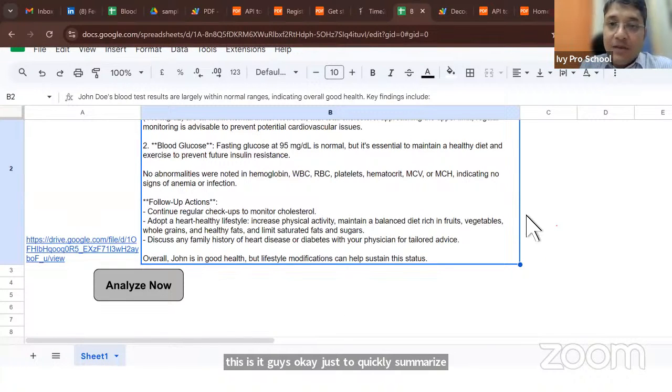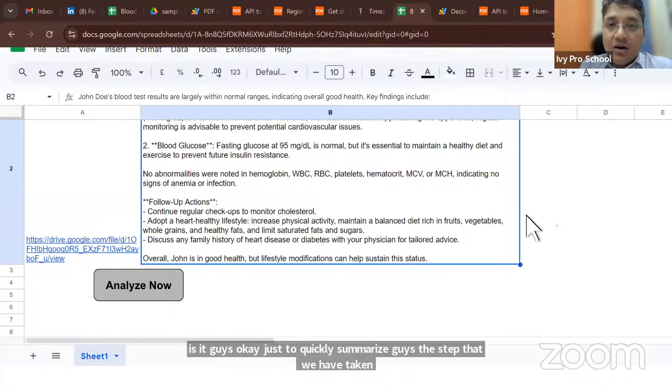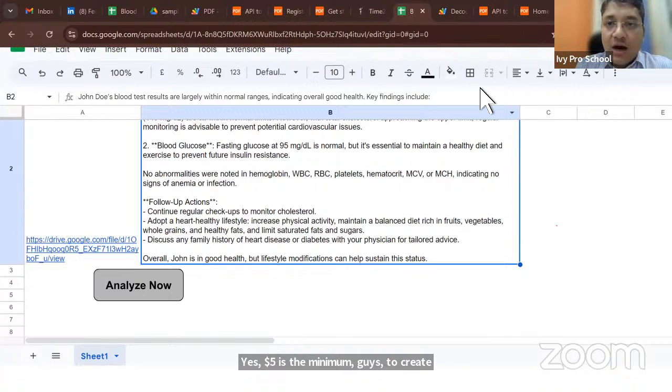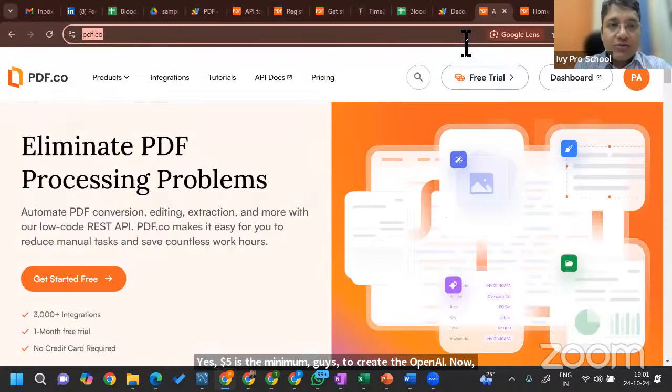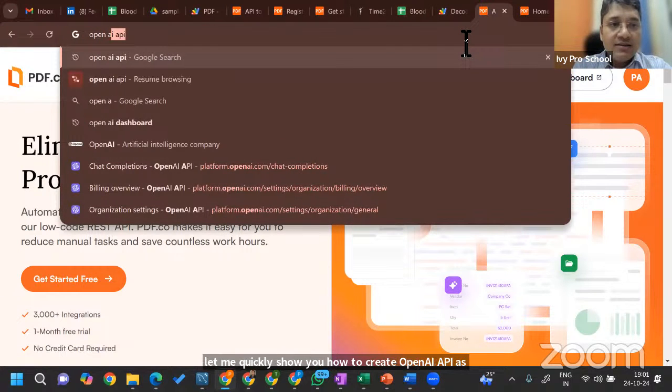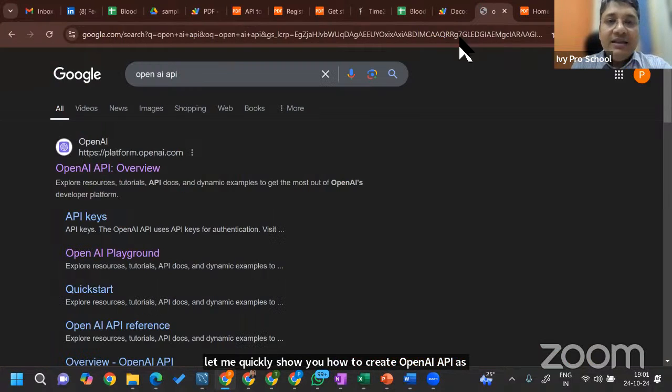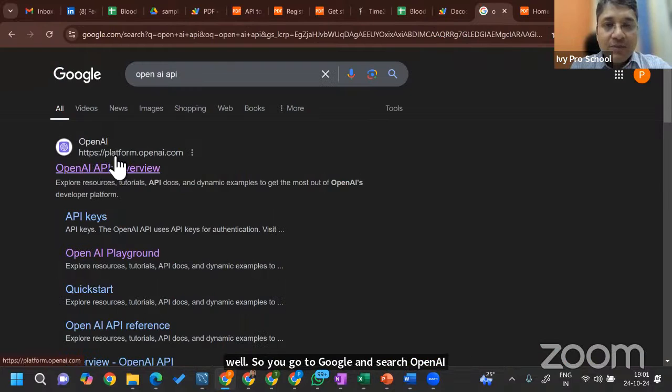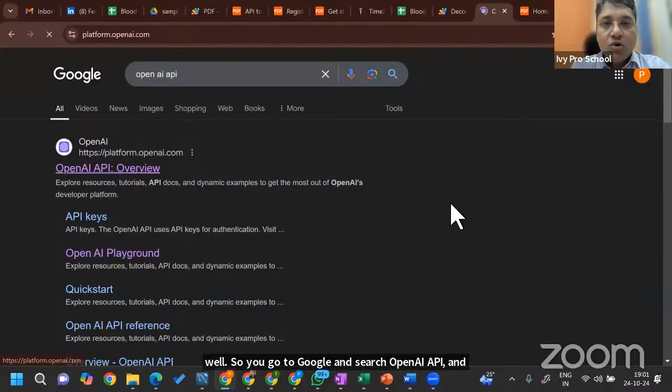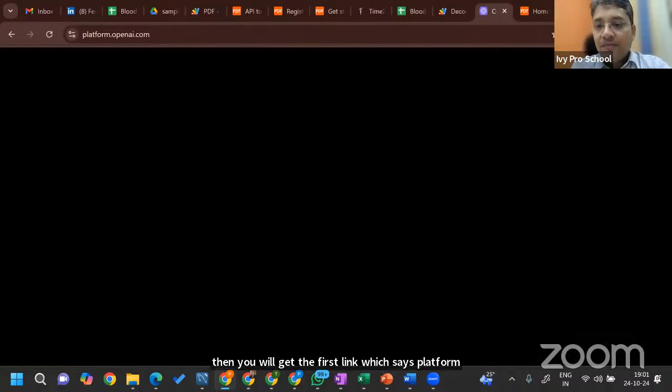Yes, $5 is the minimum, guys, to create the OpenAI API. Now, let me quickly show you how to create the OpenAI API as well. So you go to Google and search OpenAI API, and then you will get the first link, which says platform.openai.com. You go there, and